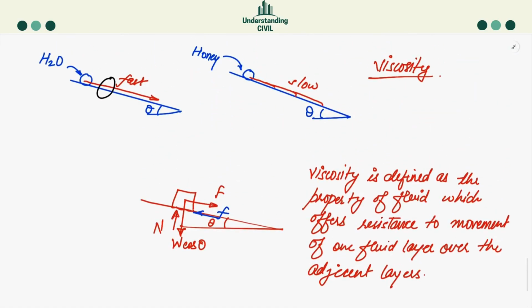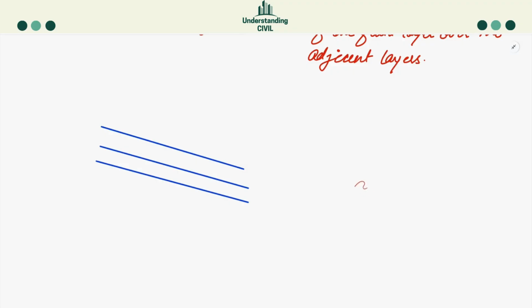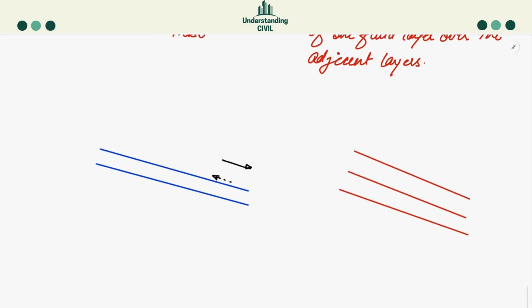So what we can see over here is that if you zoom in on this liquid layer and zoom in on this liquid layer, say these are the layers of water and these are the layers of honey. When this layer wants to move in this direction, there will be some friction offered in the opposite direction from this layer, the adjacent layer. It would be better if I mark it over here. So there will be some friction offered from this layer. Similarly, if this layer over here wants to move in this direction,